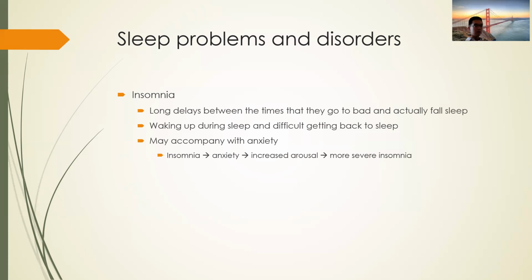Another situation may be that I go to bed at 10 or 12 a.m., I fall asleep quickly, but I suddenly get up at 3 a.m. and I cannot go back to sleep. That is also insomnia because I only have 3 hours of sleep during the night. Actually, I need more than 7 hours, but I only sleep for 3 hours that night. That is also insomnia.